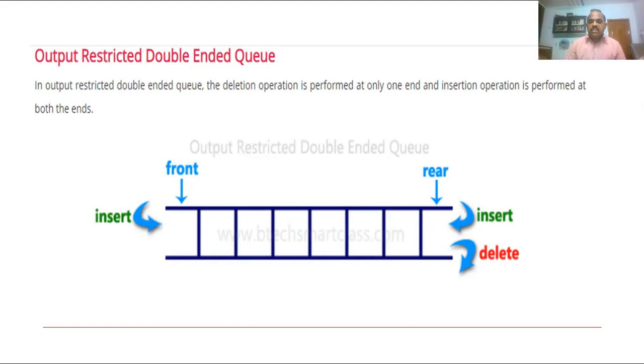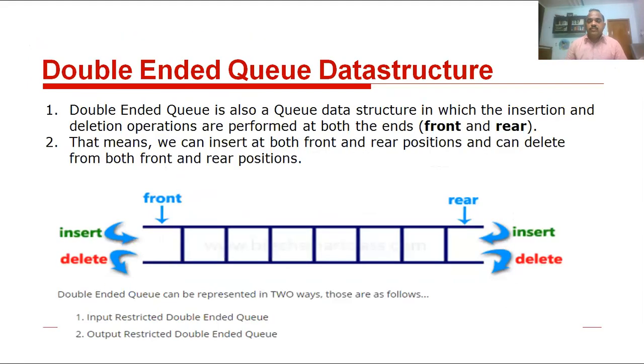Clear? So this is a double-ended queue. What is a double-ended queue? This is also a linear data structure. This is the same as a queue, but here insert and delete operations are done at both ends, meaning the front end and the rear end. The front end allows you to insert an element and also remove an element from the double-ended queue. The rear end also allows you to insert an element into the double-ended queue and delete an element from the rear end. So both operations are allowed on both sides. Clear? That is called a double-ended queue.